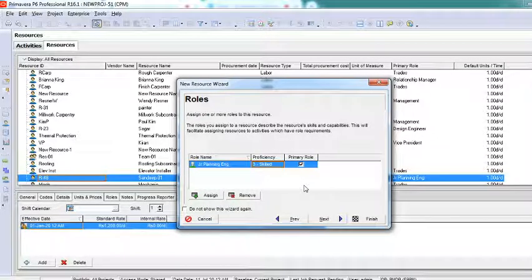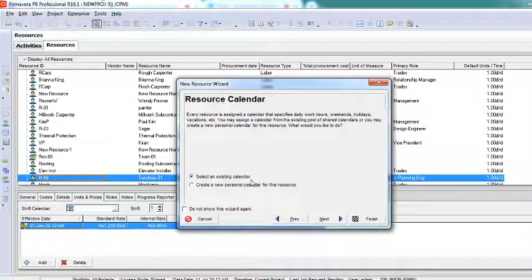How will the company pay the money? The company has to pay from the project's budget only. So you will have to ensure what type of resource he or she is. It could be master, expert, skilled, proficient, or inexperienced. I'll just say expert. Okay, and I'll say next.